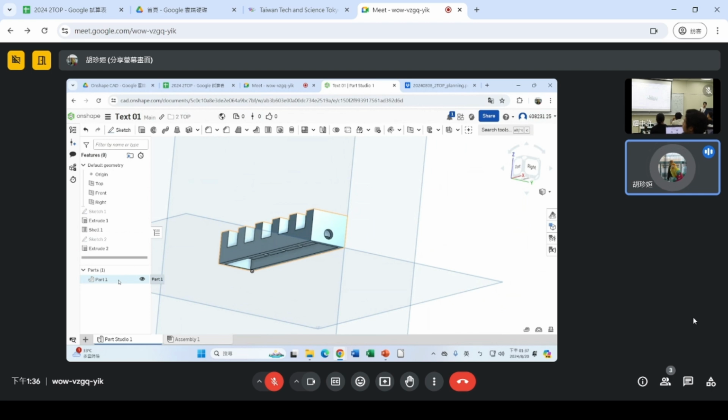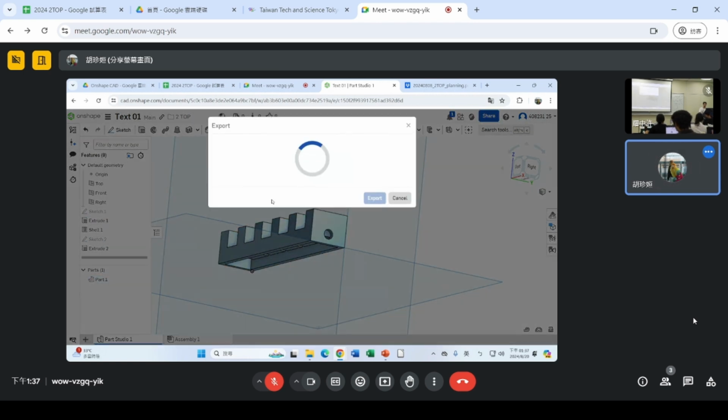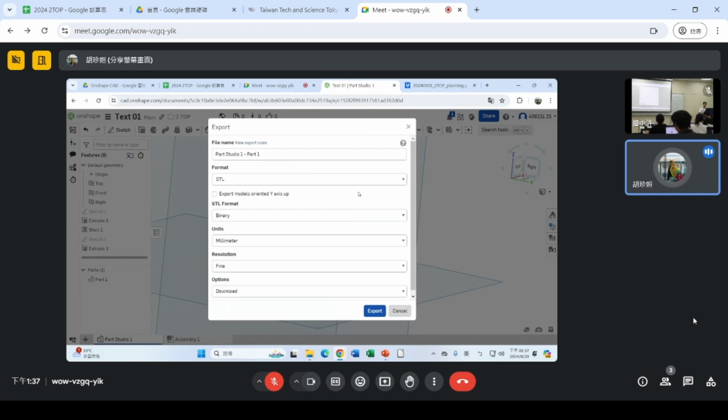And the software can only read the STL file. So we will use this to export. Here you click part 1 by right button, and here have the export. And you will see this